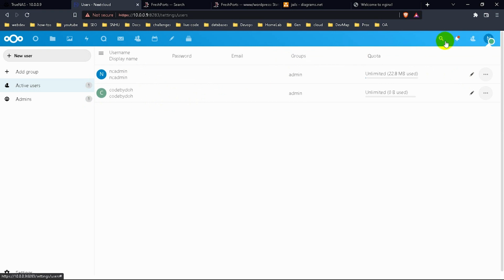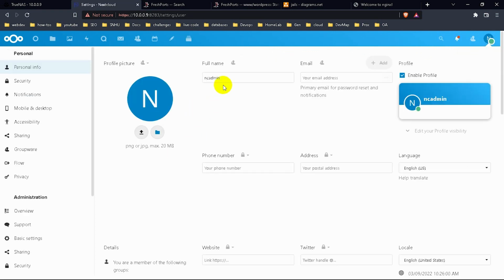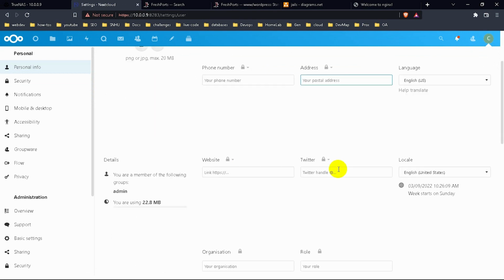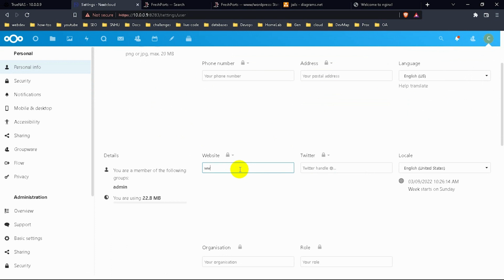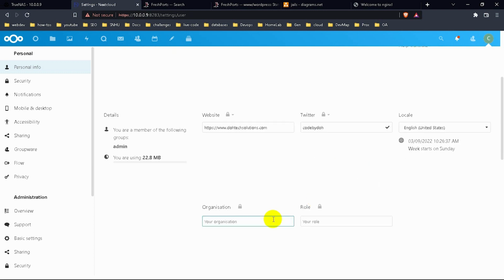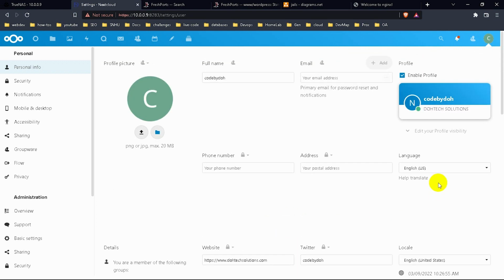Alright, so now that we've created our new user, the next thing you want to do is to go ahead and move into the settings. Now in the settings, you can actually change or set up a profile. You can provide your email if you want, your phone number, your address, your website. Not really gonna be doing that. Okay. The handle, organization, role,